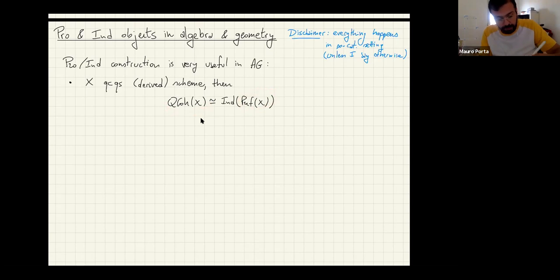Many results, we will see a couple, are true for Perf. And so, okay, another instance of using the pro and Ind construction is